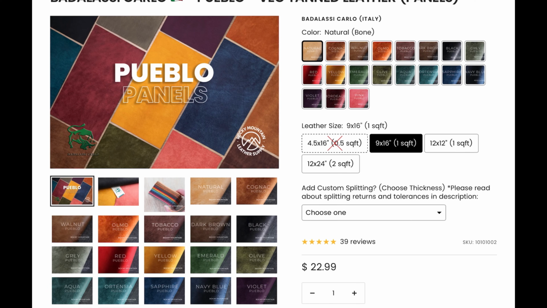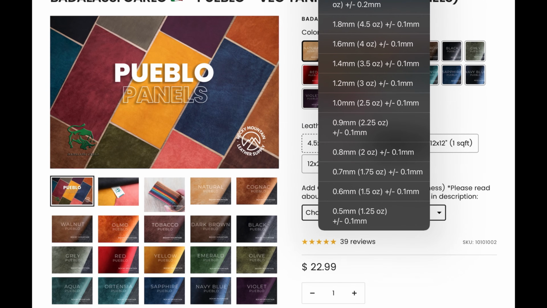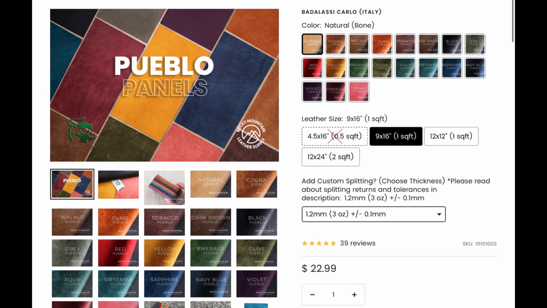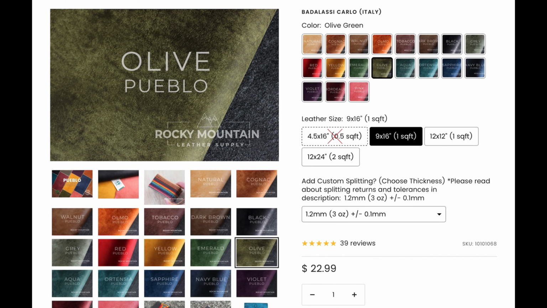That's perfect for a small project. I can do the splitting that I want to make sure it's whatever thickness that I would like. I can do a little bit bigger of a panel if I want. And there I have an option to do the olive, which it looks like they're using in the STR Handmade post. So right there, that just gives me a really simple option to get a really nice leather that I know is going to work for a wallet because somebody else has already used it to make this same product